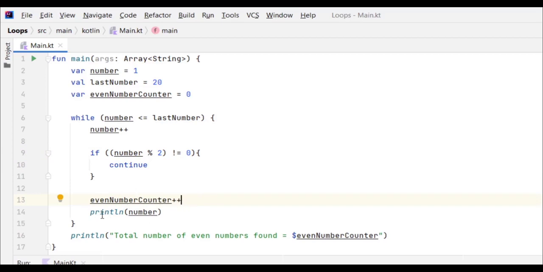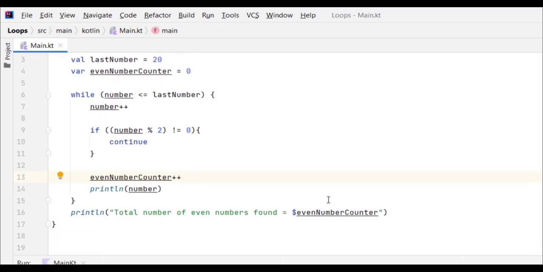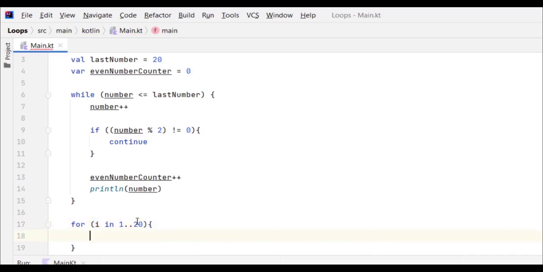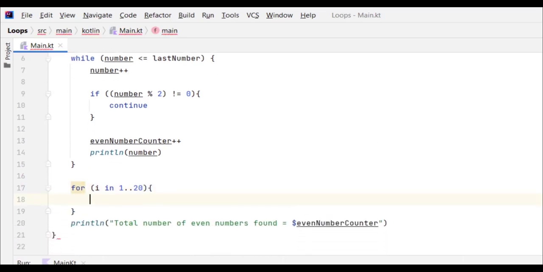Our even number counter is going to be incremented, and our number is going to be output in the console. So this does the same thing as previously. And we can do this challenge also with a for loop if you want. So you can type here for I in 1 to 20, then execute the code inside the curly braces, and